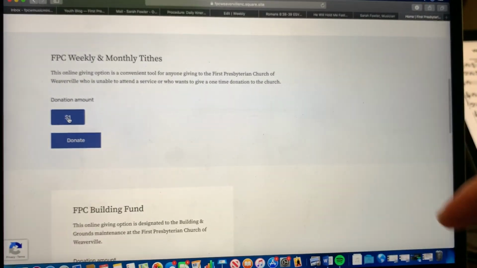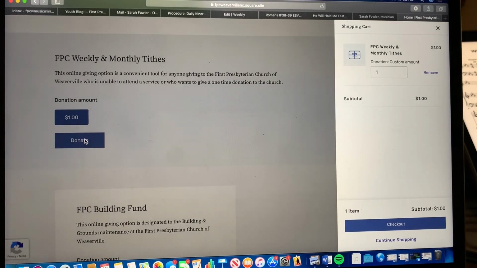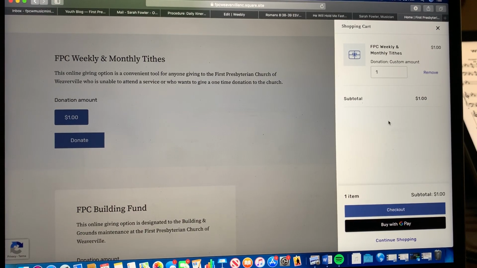So if you wanted to give $1, you could just type 1 or 1.00, and then you click donate, and it's going to take you, actually, let's go ahead and do that so you can see it. You click donate, it's going to take you to a quote-unquote shopping cart, just like if you're online shopping from a store. You can double check, okay, yes, that's the exact amount I want to give. Okay, and then you're going to check out,